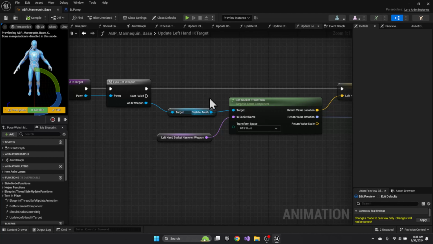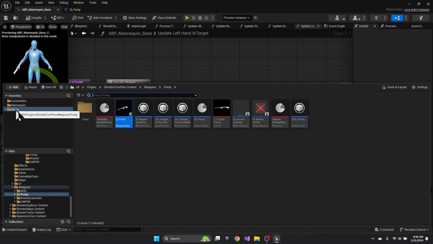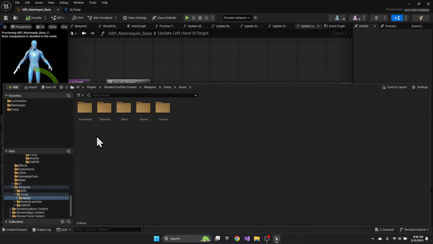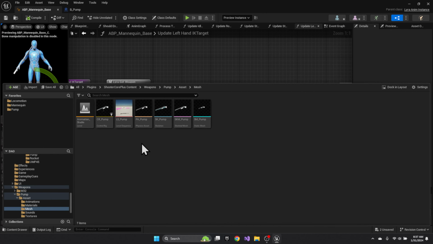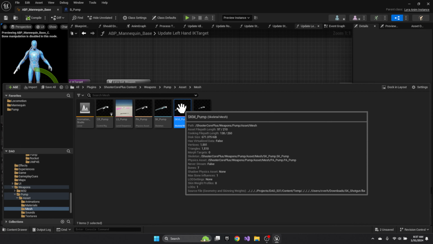So we can safely pull that skeletal mesh off of that, and then we can find a socket in world space. Now, this part you need to add to your meshes. So if we go to our pump assets, meshes, skeletal mesh,